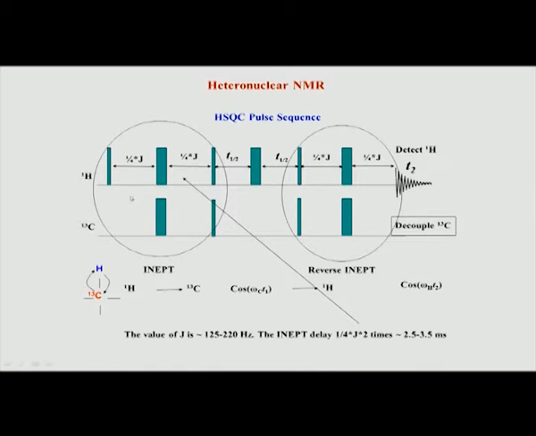The reason being that in this experiment we use a block known as INEPT, and heteronuclear transfer can be 100%. Of course, not ideally 100% in practice, but you can reach a level of 90% efficiency provided you take the correct values of these delays. If you choose incorrect values, then efficiency goes down tremendously. So, one has to know what type of systems we are looking at. Therefore, one should have a rough idea of what coupling values you expect, and accordingly decide the delay between the pulses.